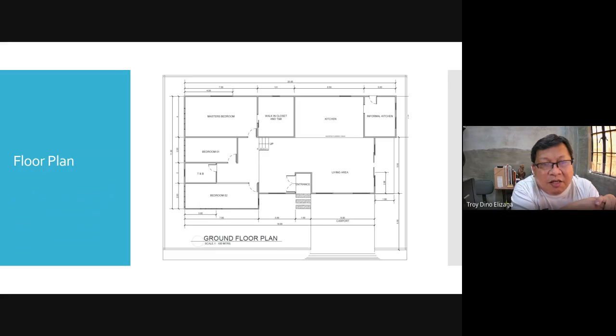Okay, and then normally there's a TV. Since there is no family room here, we expect that the family will also be using the living room as a family room. So you have to consider that. Therefore, there has to be an entertainment center. There has to be a TV, and you have to take note of